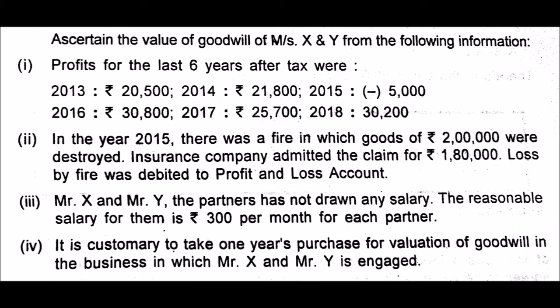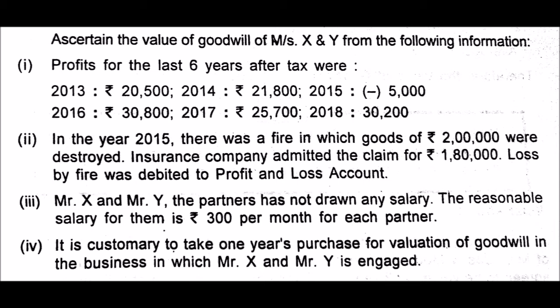That means 20,000 was the net loss. The insurance company did not pay for this 20,000 rupees. So Messrs X and Y had to bear an abnormal loss of 20,000. Why is it abnormal? Because it's not a normal part of the business. There's a fire, and loss by fire, loss by theft, all these are always considered abnormal losses.